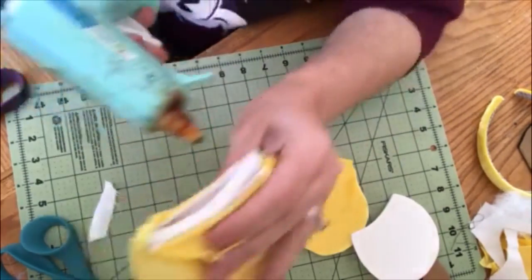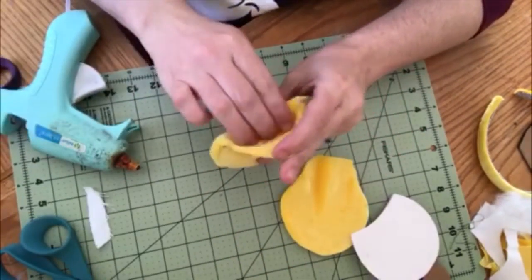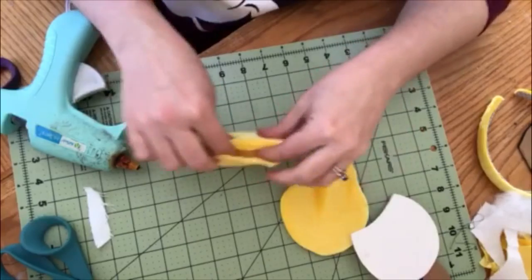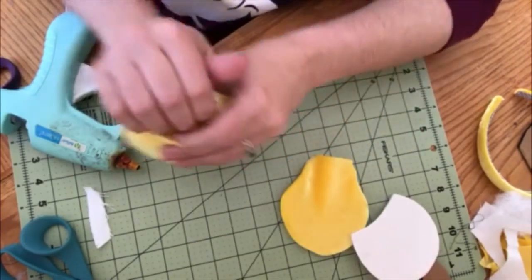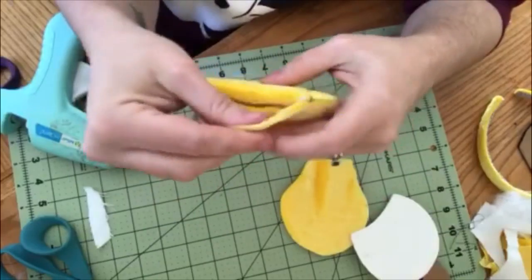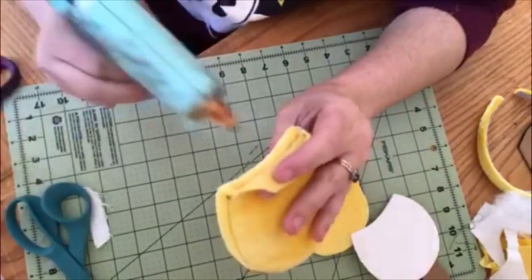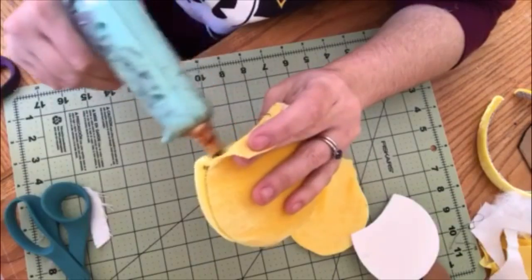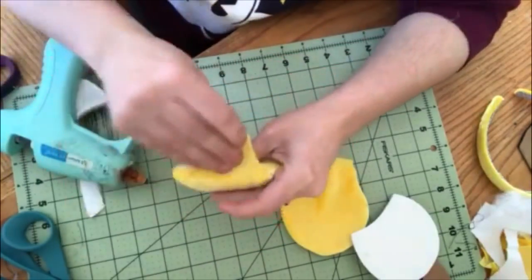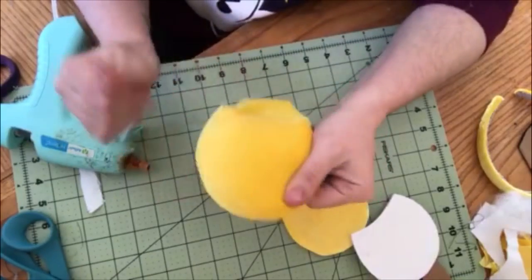So you are going to take your glue gun and glue right where that foam backing is. You can see why it's so important to use. And we're just going to put the fabric over it and then tuck it in, just like you're tucking in a shirt and a pair of pants. Same thing. I'm going to cut off any strings I have here, and then you're going to go over that same place and pull that fabric really taut over the glue